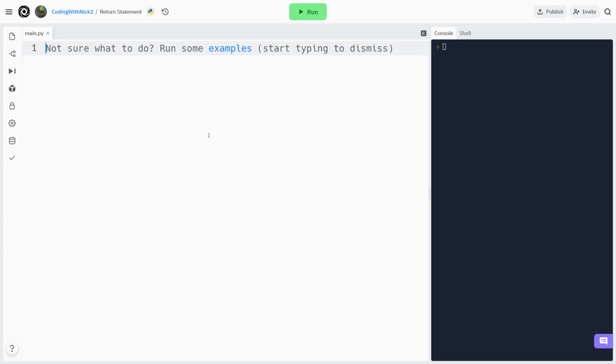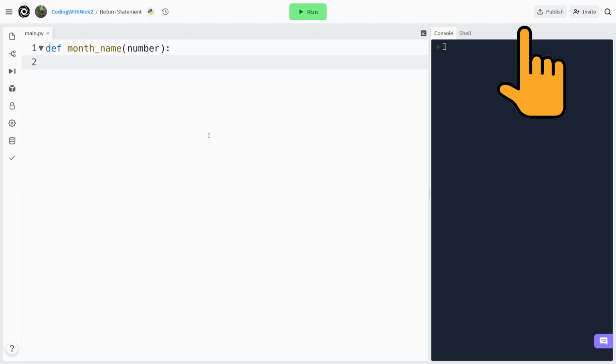Okay, let's do this. First of all, let's create the function definition. def monthName(): The function takes the month number as a parameter, so we have to enter it here, number. Now, there are many ways to create a function like this. One of the easiest ways is to create a dictionary to hold the month names. The number of each month will be the key of the dictionary. If you don't know what a dictionary is, don't worry. I have prepared a detailed video about this topic. You can watch it by clicking on the card here.